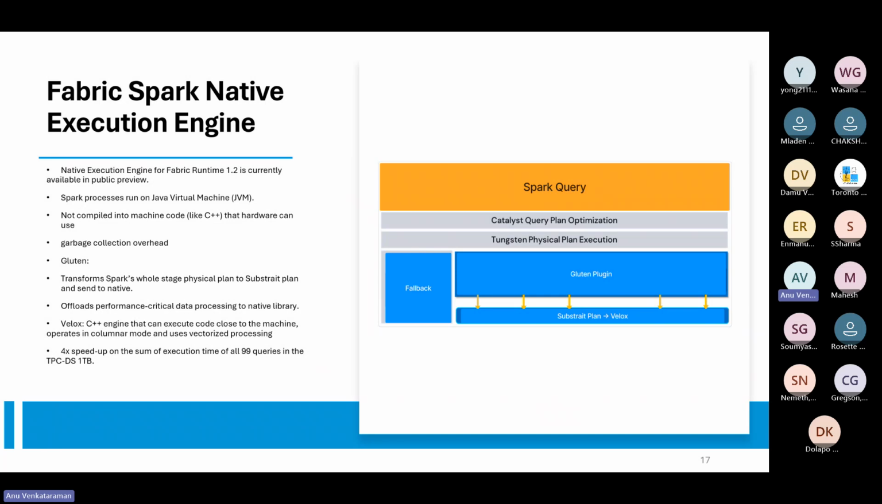When you look at this diagram, when you submit a Spark job, the driver takes it and prepares a logical plan, a Catalyst query optimizer plan, and then a physical plan is prepared, and RDD code is generated. Once we have this optimized physical plan, when you enable the Spark native execution engine, it is based on open source tooling, Gluten and